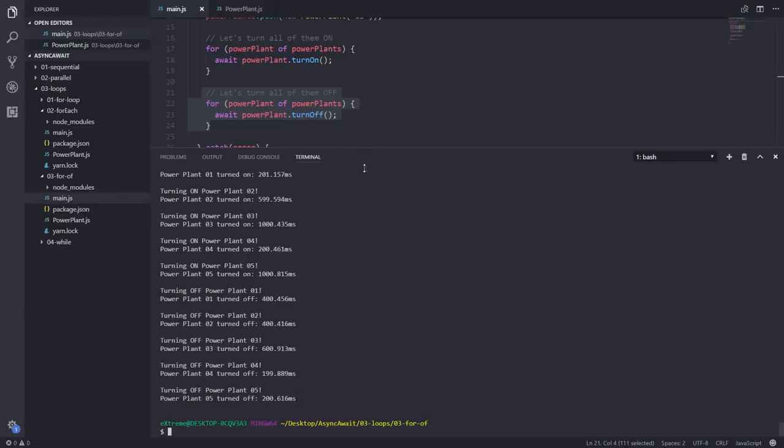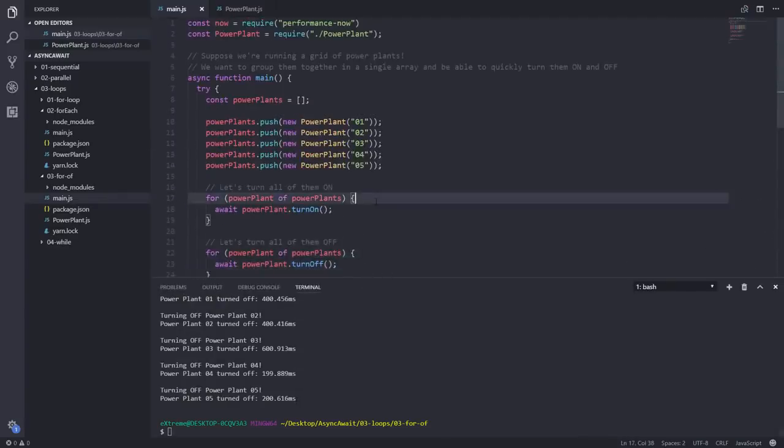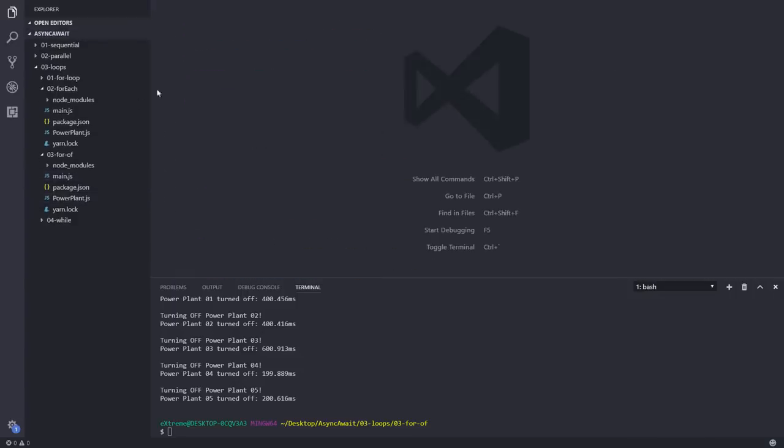So this is an example of how you can use the for-of and how you can't use the ForEach. That should be the main takeaway from these two examples. And now for the final example, let's take a look at the while loop. So I'm going to close both of these files